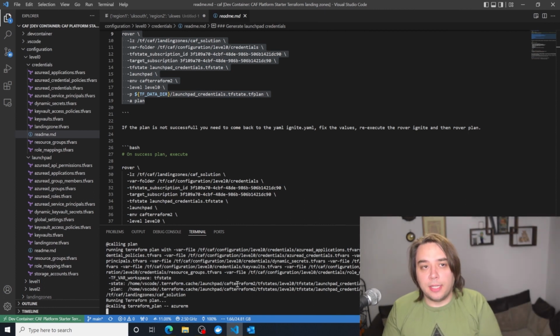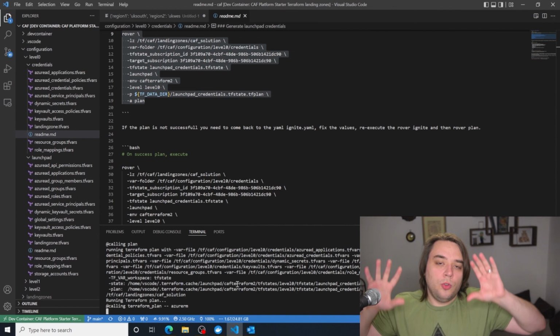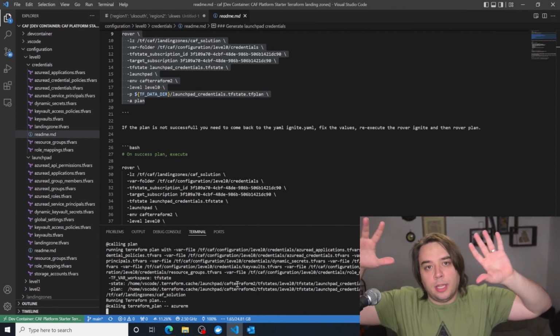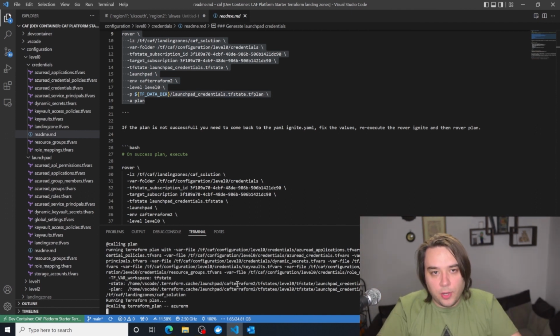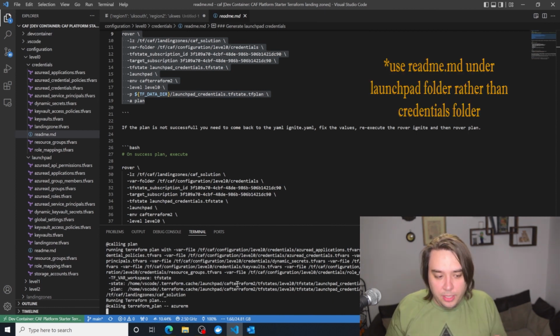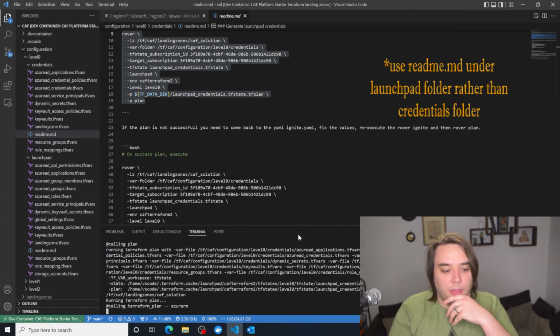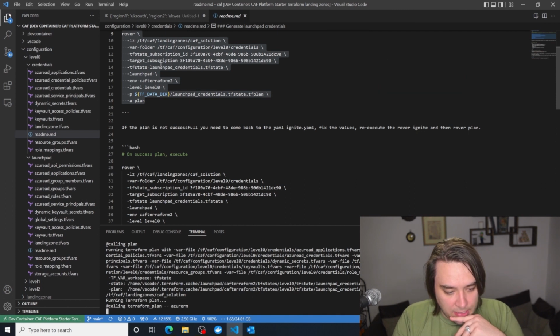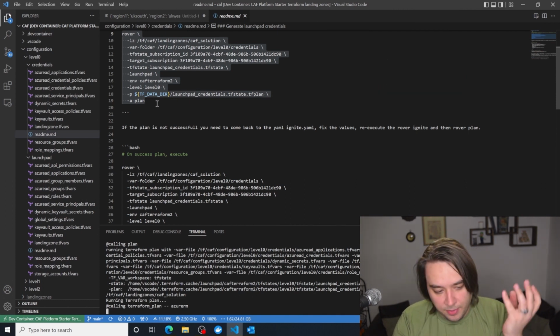What a plan does is it looks at all your infrastructure at the moment, and it looks at all your configuration files and your modules, and then it plans out what it's going to build, and once you create your plan, you can then run and apply those changes. So with Rover you have all of this kind of set, so we're doing level 0 of course, but essentially we're just doing a plan.